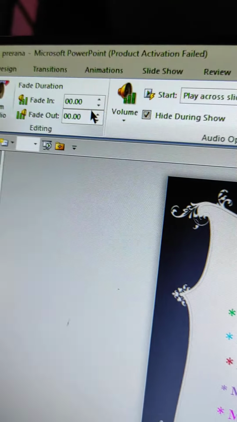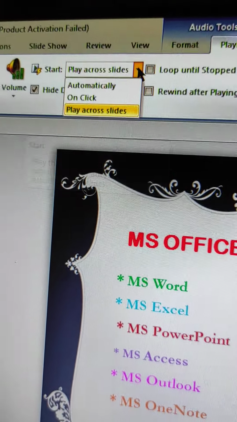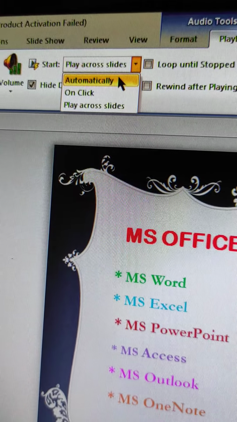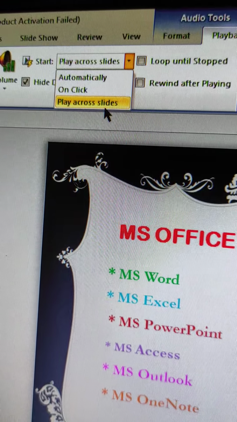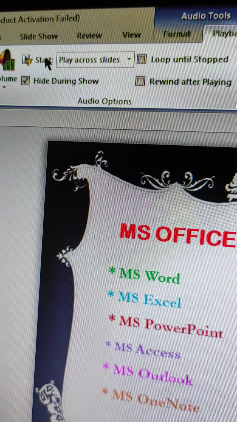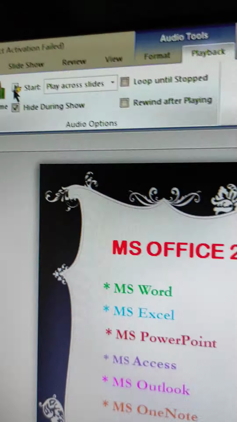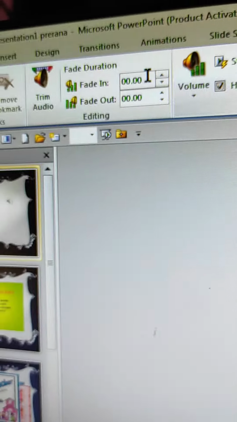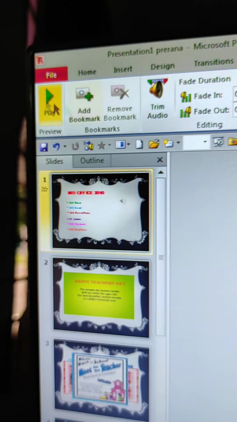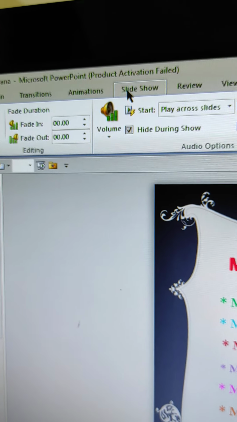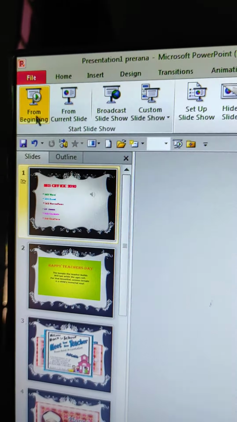Then we will click here Play Across Slides, and okay. Timing is there here, slide time, fade duration, and now you can see from the beginning, that speaker icon is not there now.